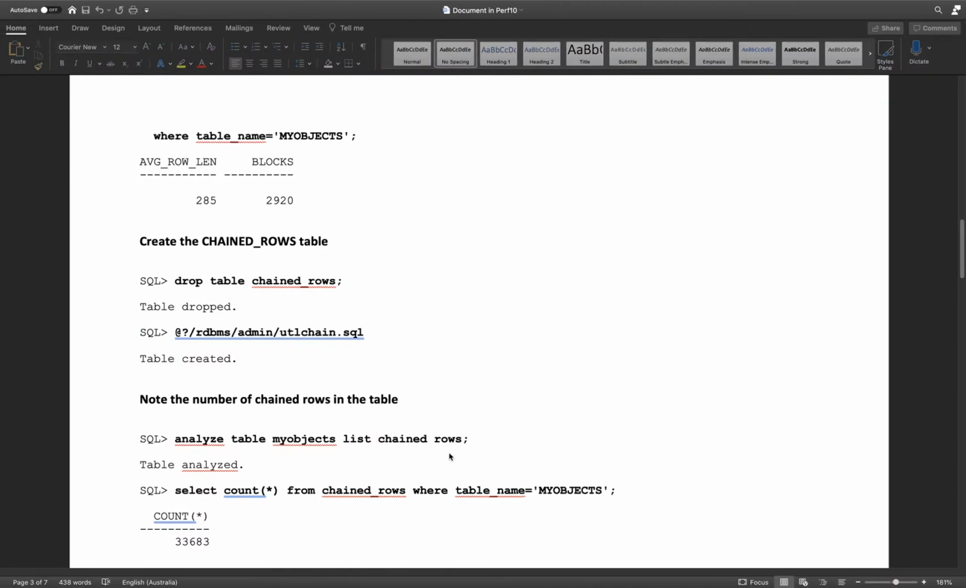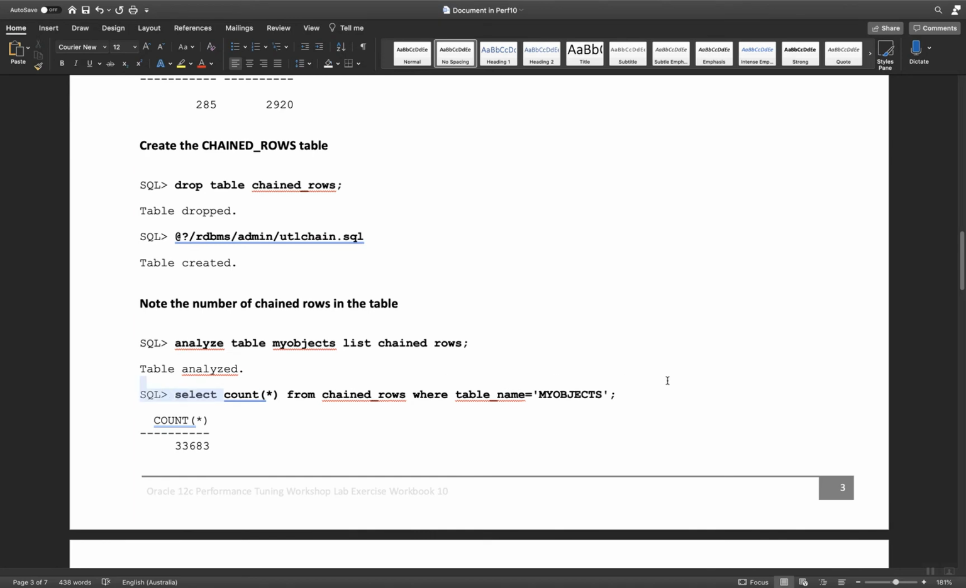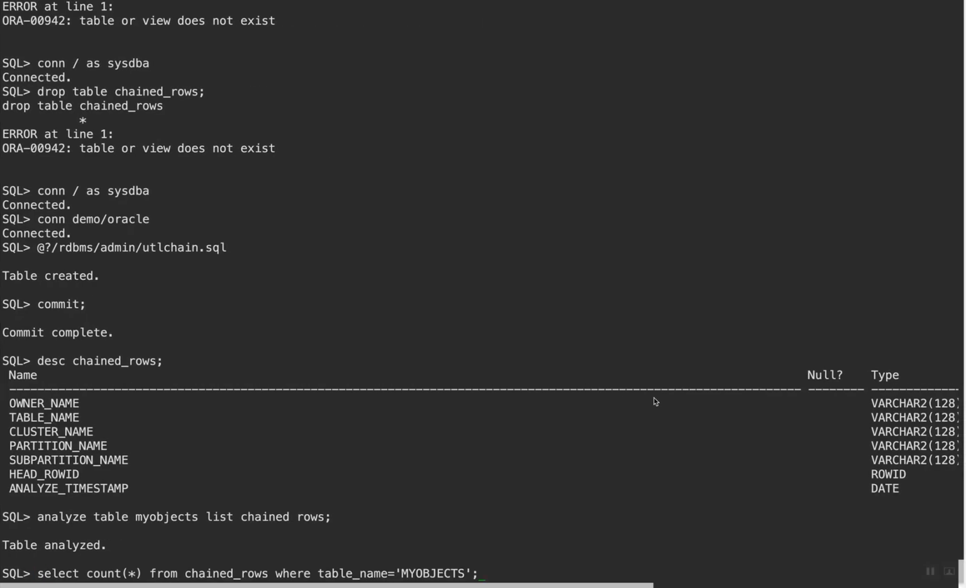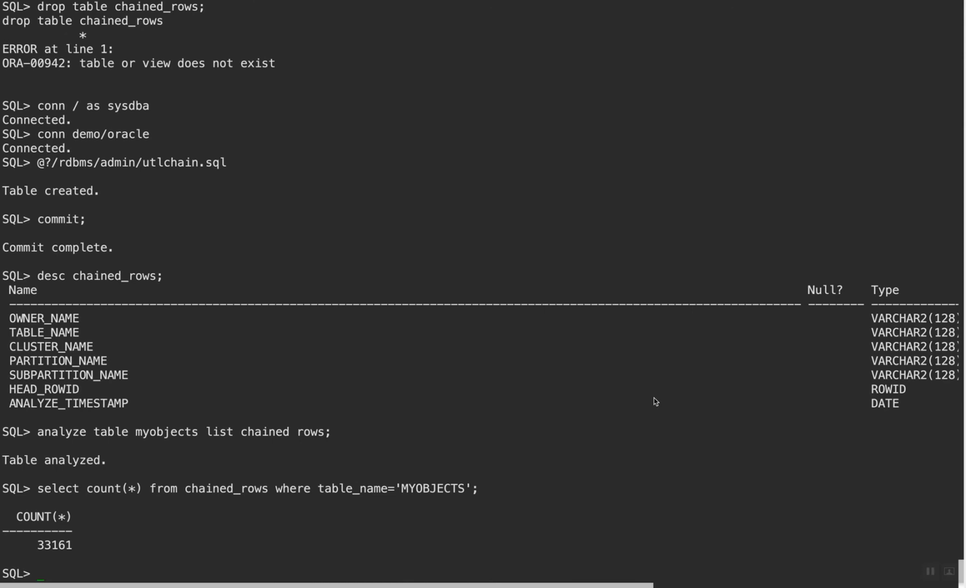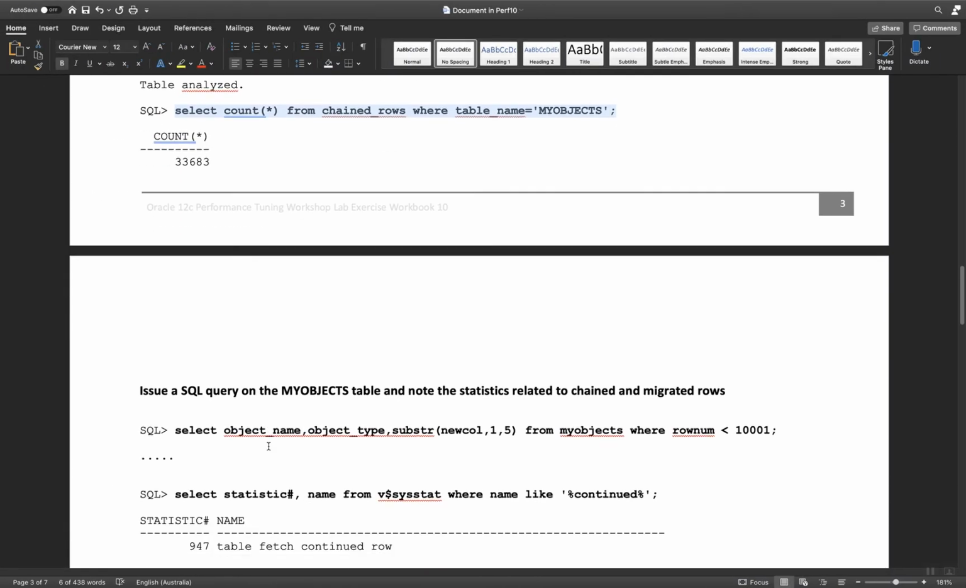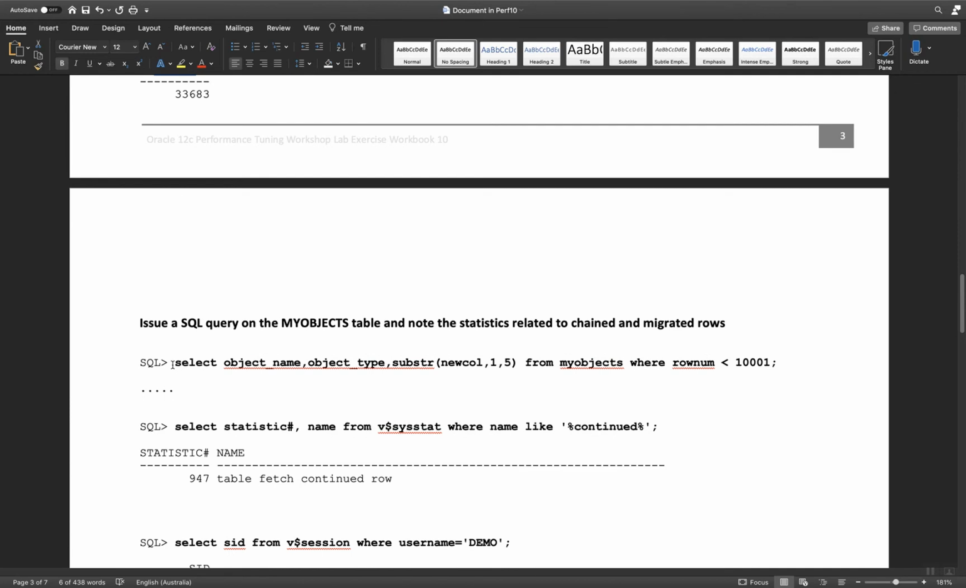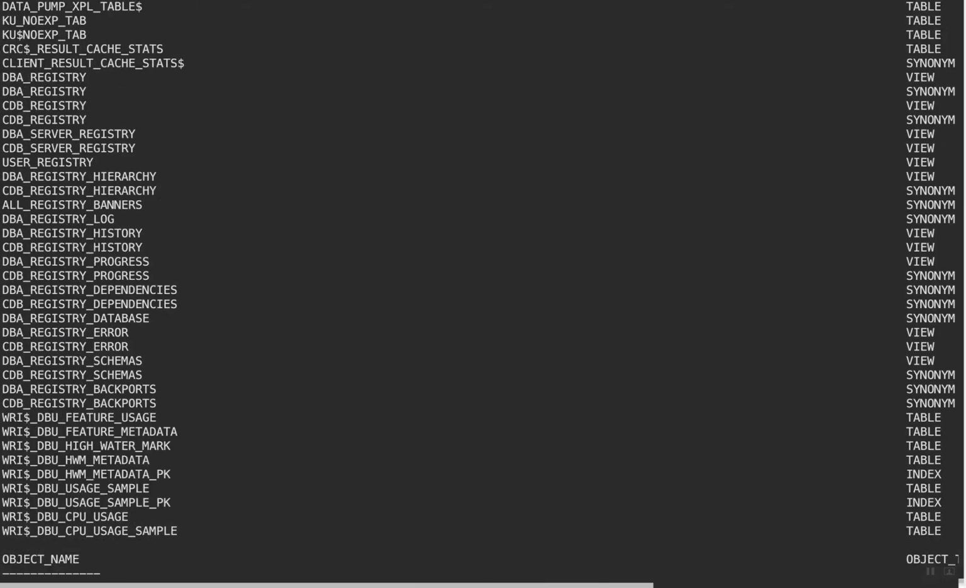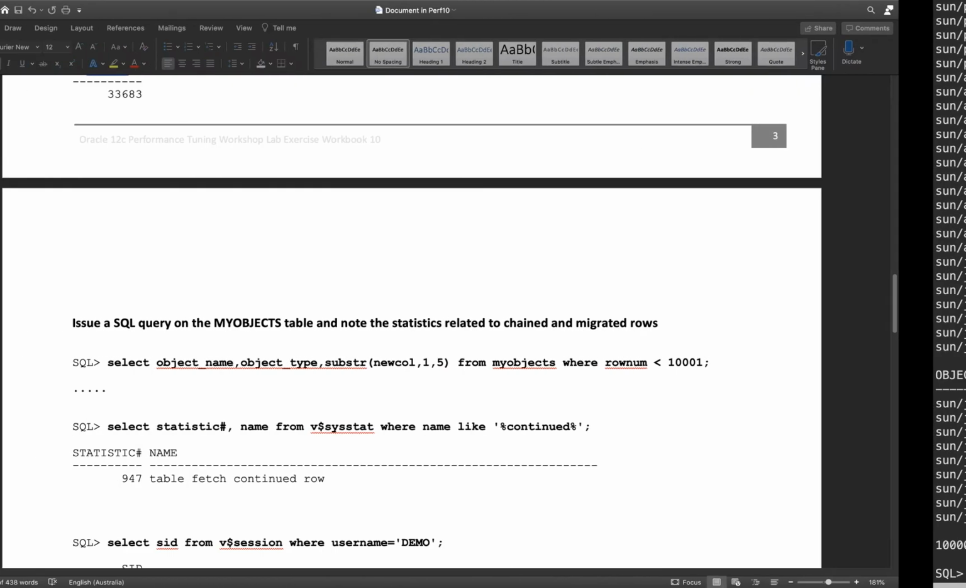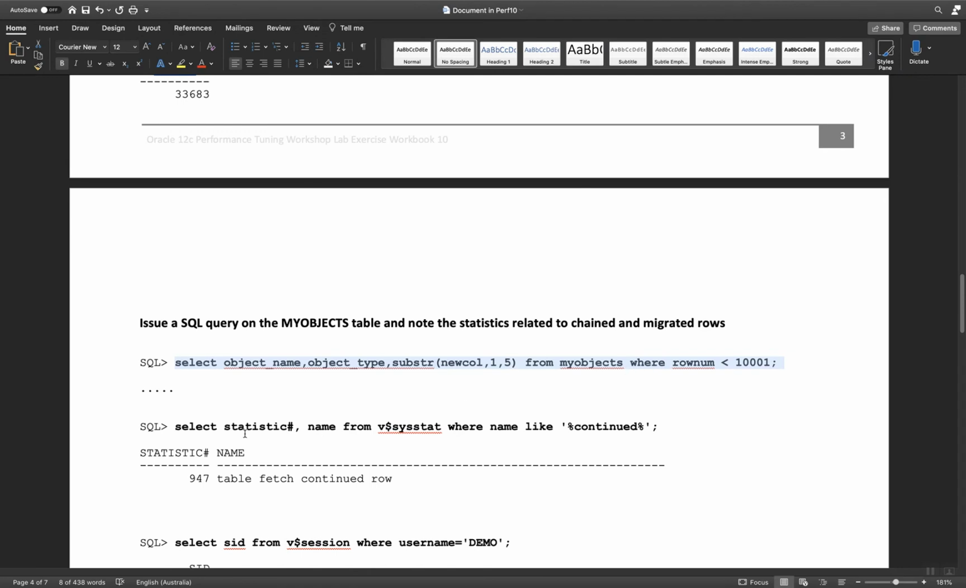Analyze table, list table. Okay, now let's see in this particular table we have 3161 rows against my object tables where the rows have been chained, or basically moved to the next block. So I issue a select query where rownum is like this, and let's see what it does. Okay, it ran, and we are going to collect the statistics number,